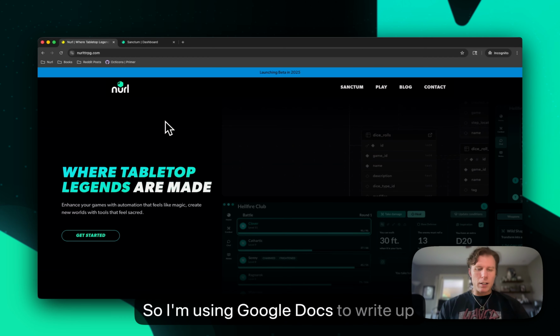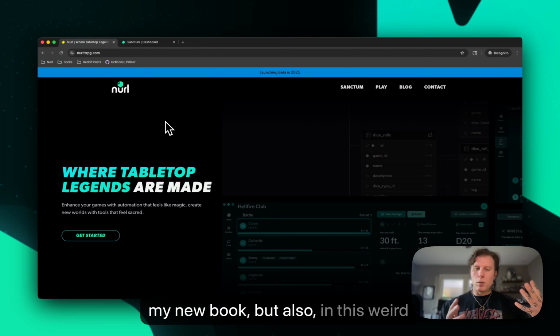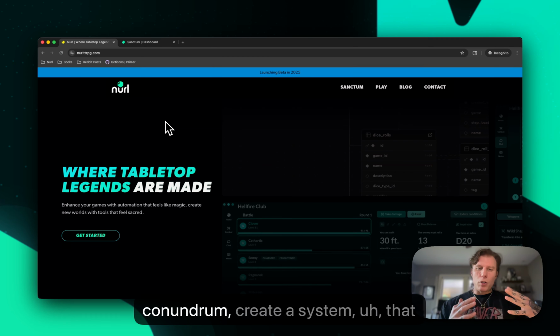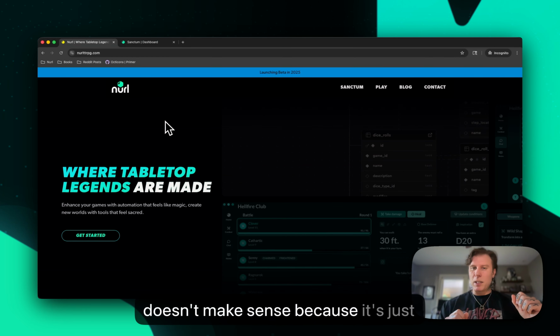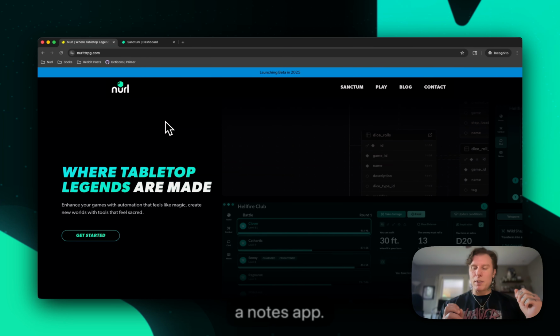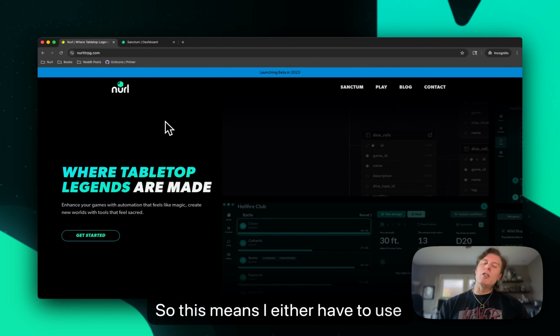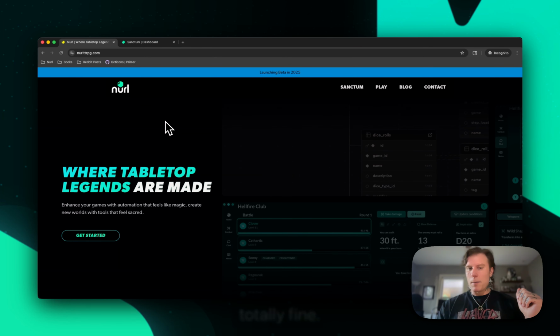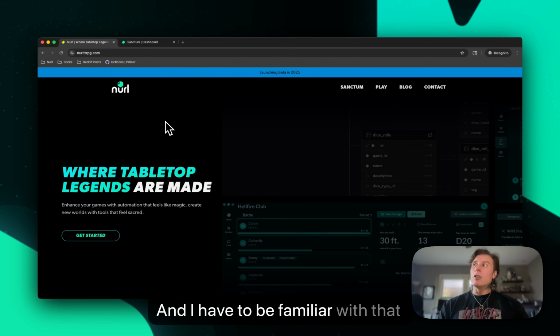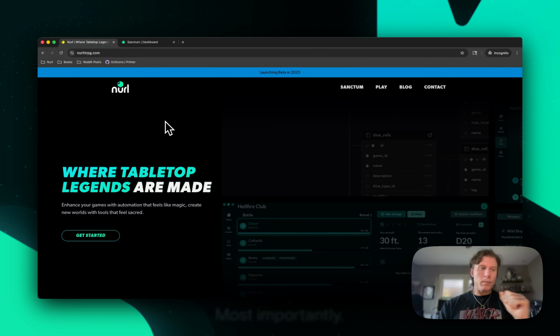I'm using Google Docs to write up my new book, but also, in this weird conundrum, create a system that doesn't make sense because it's just a notes app. It's not managing game mechanics. So this means I either have to use someone else's system, which is totally fine, and I have to be familiar with that system, most importantly,